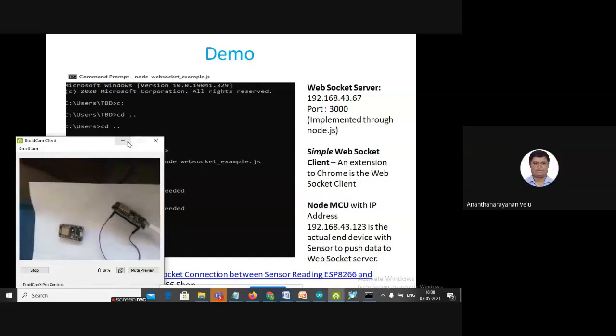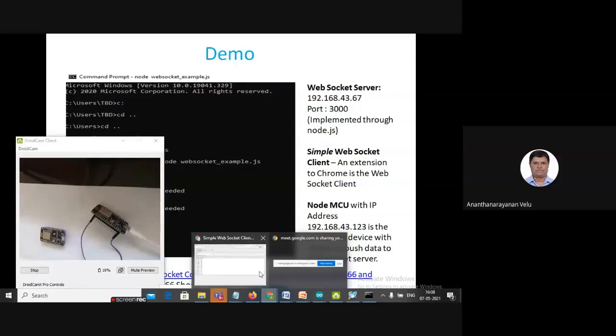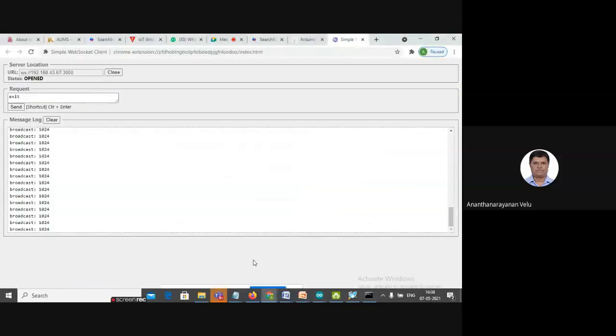Next is WebSocket. On the opposite side of the WebSocket server, you have another client called Simple WebSocket client, which is an extension to your Google Chrome.